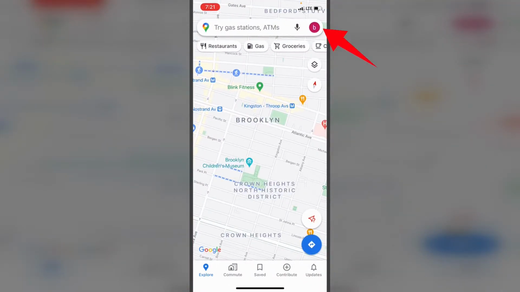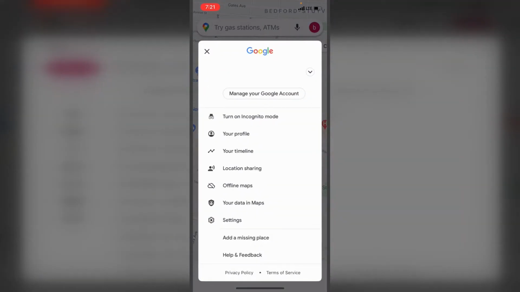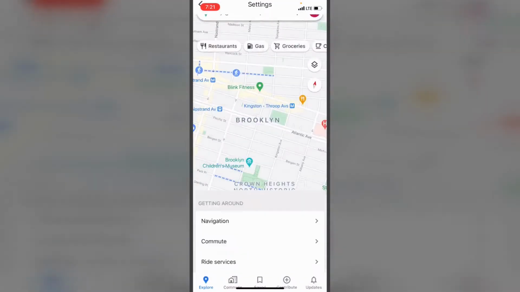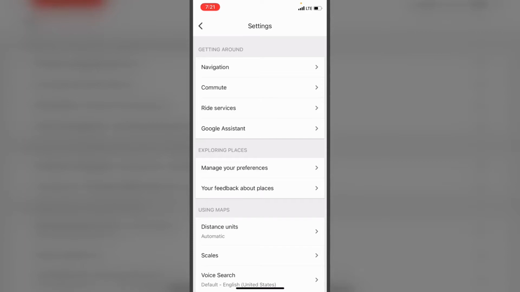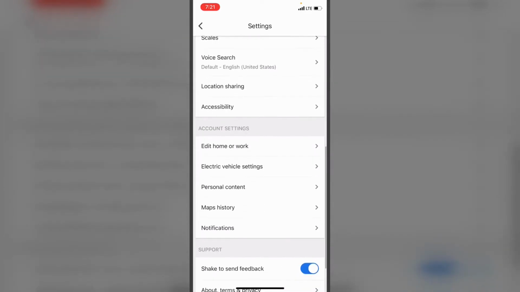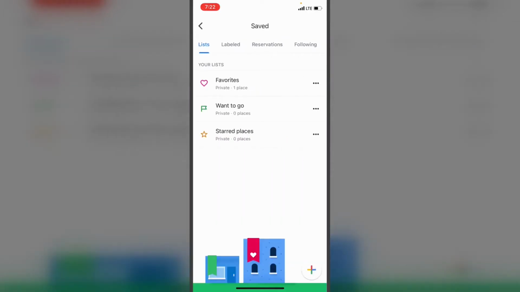then tap on your profile at the upper right corner, tap on settings, then scroll down and tap on edit home or work, then tap on labeled,